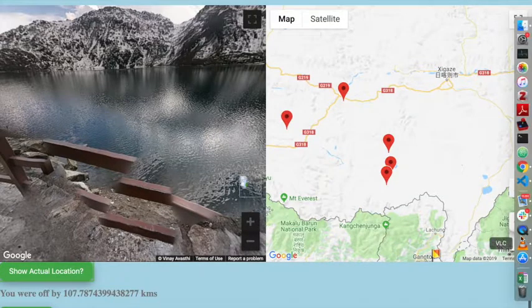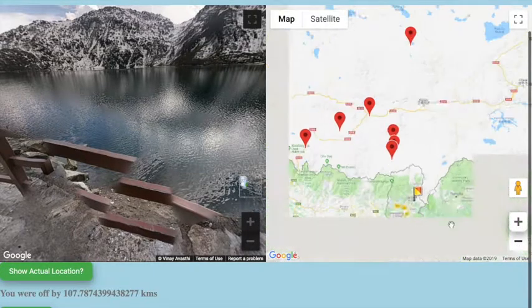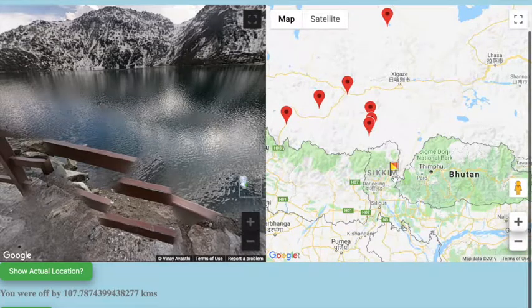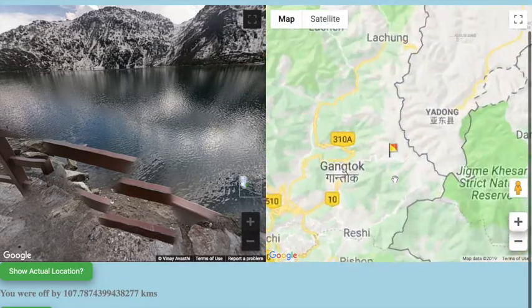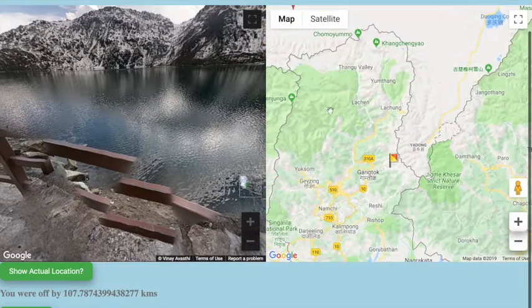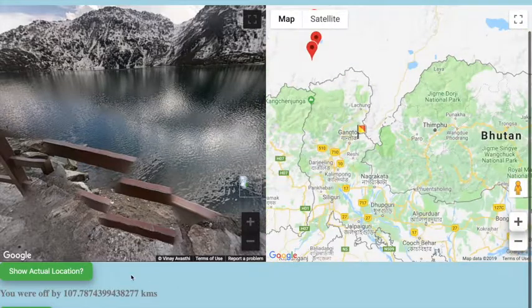You can click show the actual location. In this case it grabs the GPS coordinates and shows you the actual location of that street view. There's some interesting things here to note. There's an algorithm in here that calculates the distance between your guesses. So there's a click handler that figures out where your guess is and this actual location. So even if you move the street view, that location stays the same.